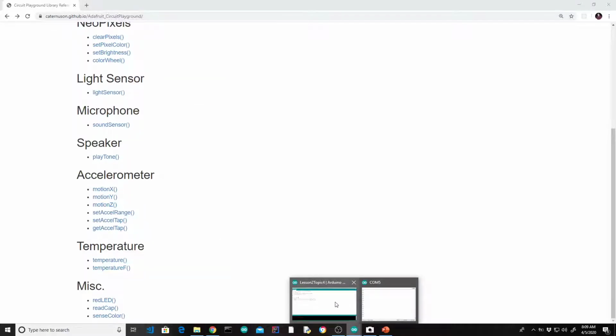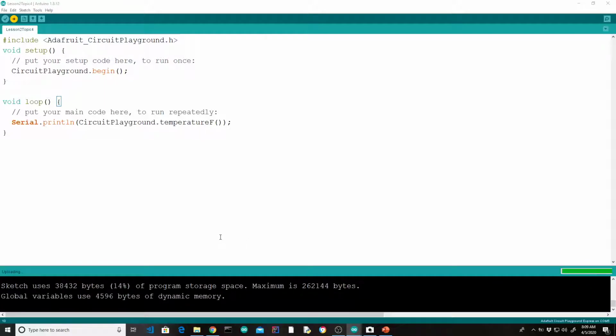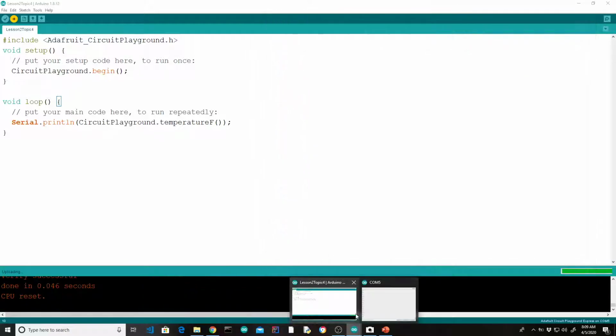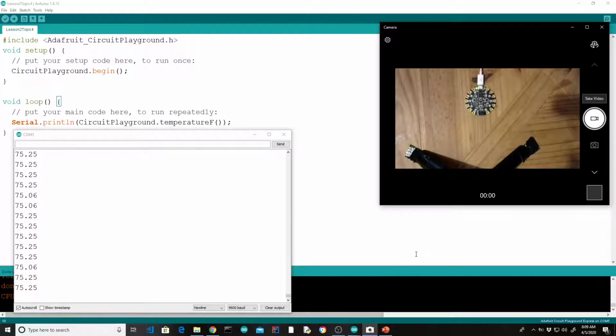So let's go back to our circuit playground, and let's simply change light sensor to temperature F. And let's see what happens. So let's run it. I'll go ahead and bring up the serial monitor. And there we go. My room is currently about 75 degrees Fahrenheit. And I'm going to see if I can try to do this. I'm going to pull up the camera. I'm going to put my hand over it, see if maybe just the warmth of my hand is enough to kind of raise the temperature of